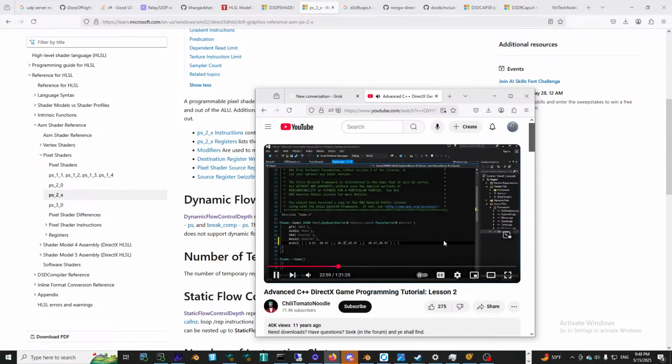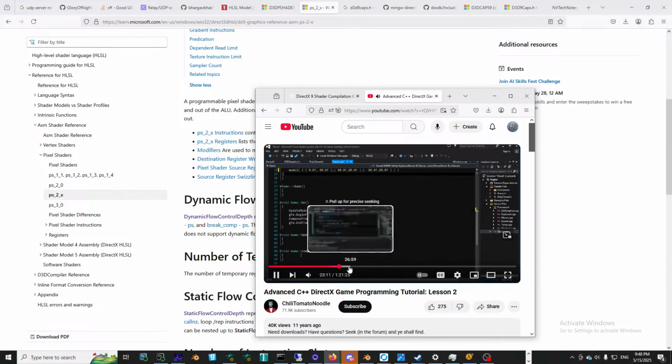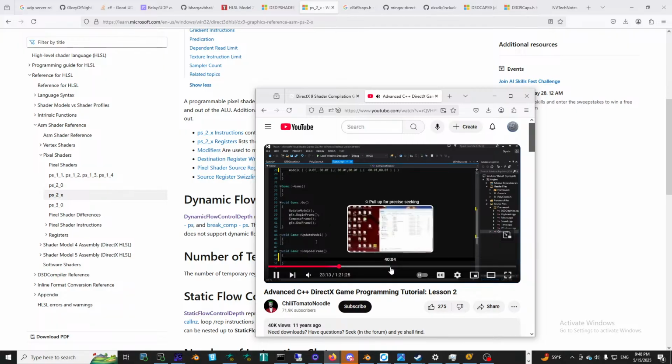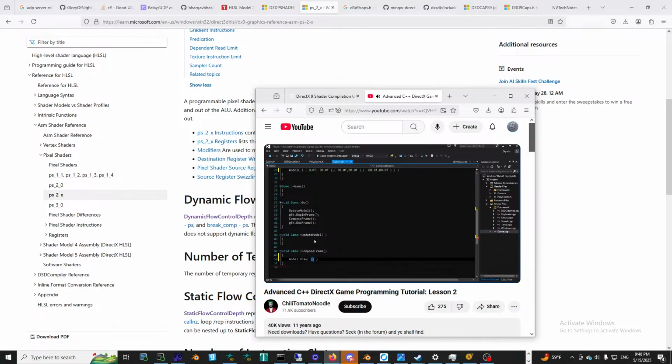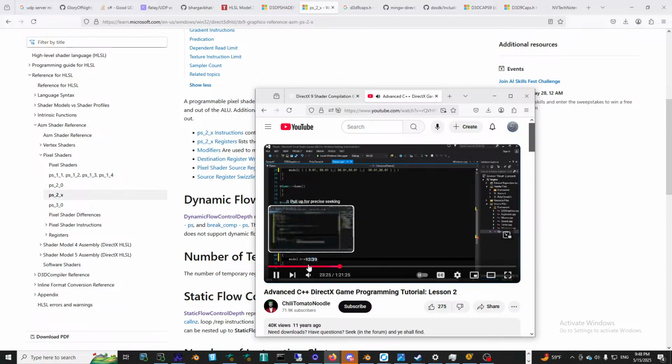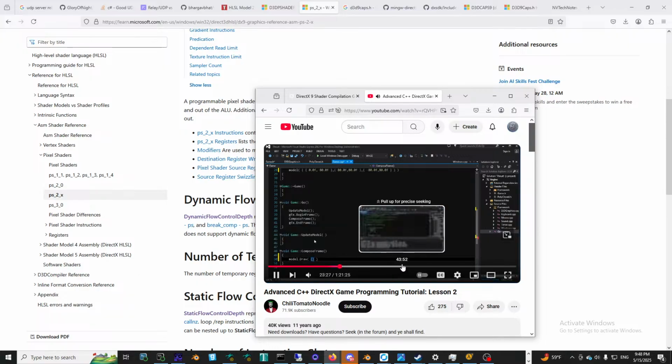Let me just put some space in there. So there, we can initialize our model using this initializer list. Very simple, very clean. I like it. Now we want to draw the model, so we'll go into compose frame. And we'll go model.draw. And we need to pass it a position. So we'll use an initializer list for that too. Because if a function is pass by value, we can